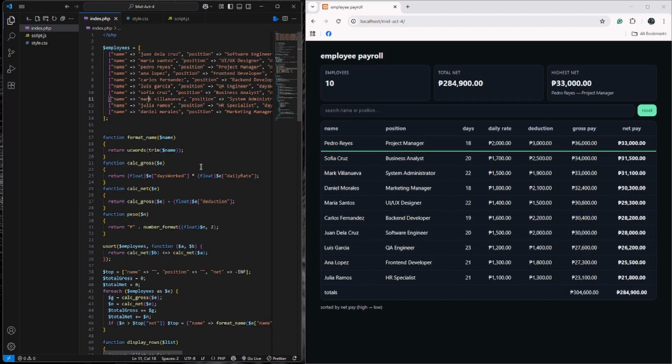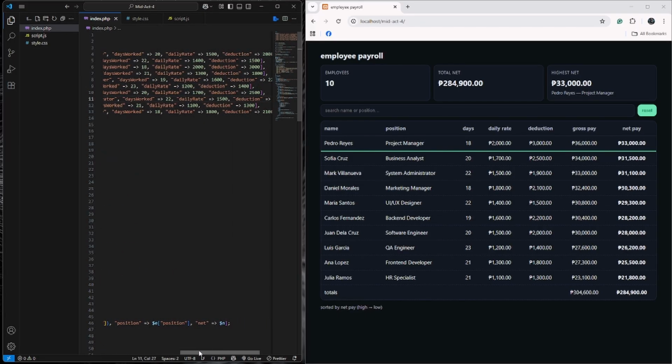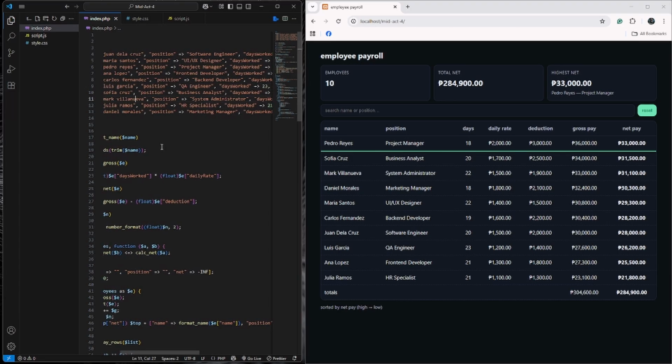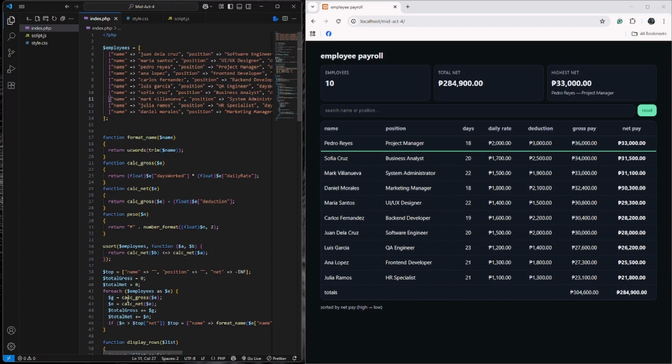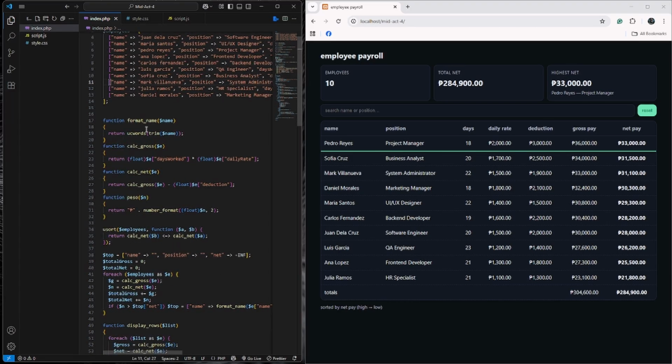And then, so this mirrors a small table in memory and makes each employee easy to read and update, right? And then next, I have 4 functions, so I call them helpers here. So 4 functions. So it has a function that formats the name and returns